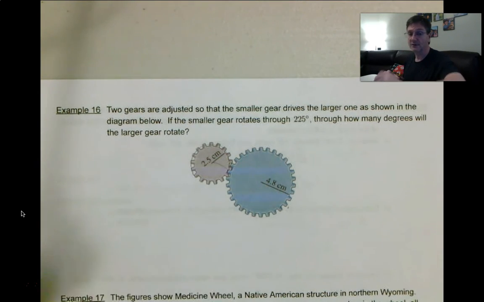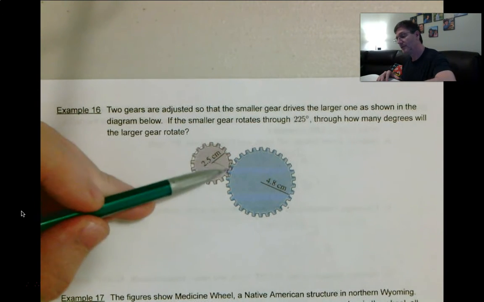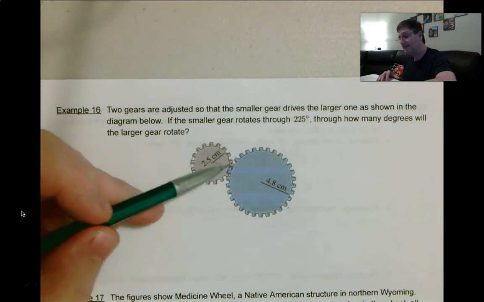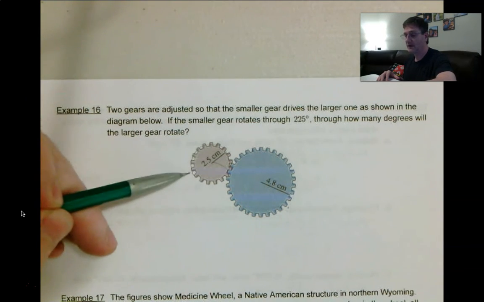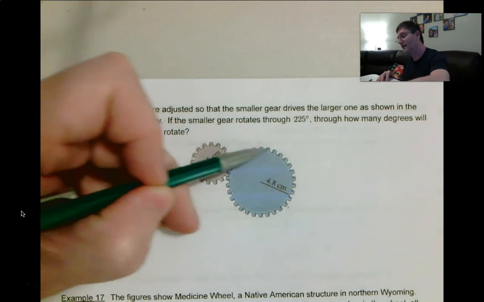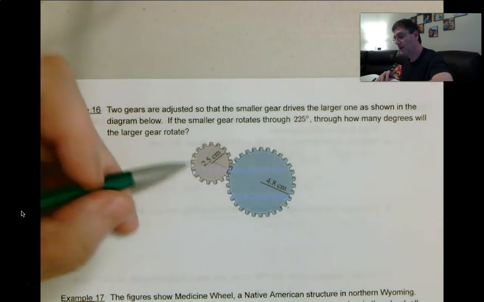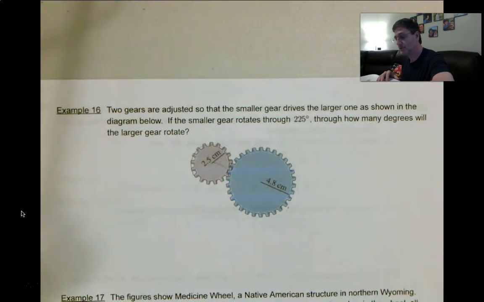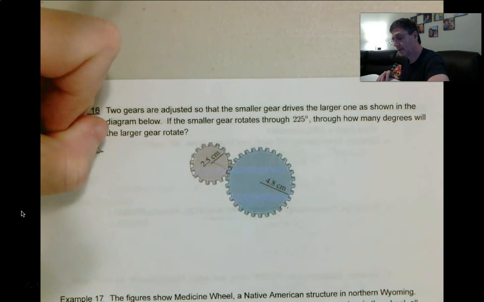Well, it's not going to be 225 degrees because their radii are different. But the arc lengths that they travel will be the same. The arc length that this small gear travels will be the same as the arc length that this large gear travels. The degrees will not be the same. So, what arc length does this one travel? So, arc length